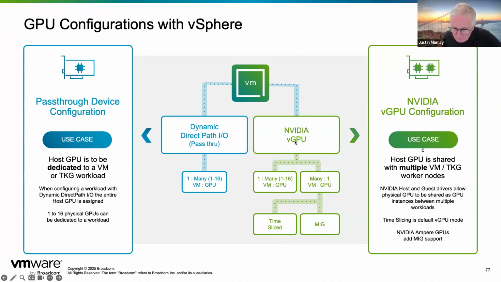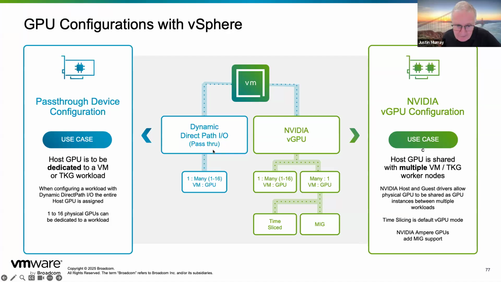You can also do with virtual GPUs the allocation of 1 up to 16 devices to one virtual machine. And you'll see me do that at the end of the talk here, where we have 8 GPUs in a host. And because we have a very, very large job to execute, we're going to dedicate all 8 GPUs, a very large model. We're going to dedicate 4 or 8 GPUs to one VM.